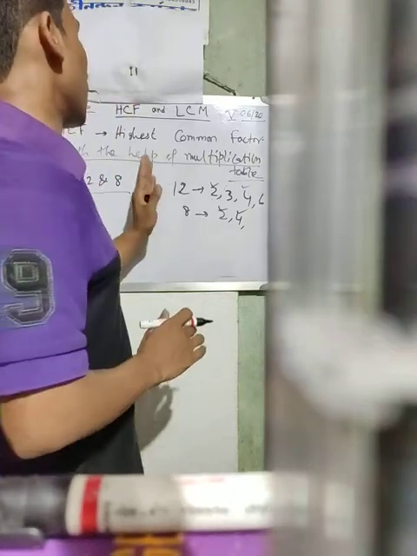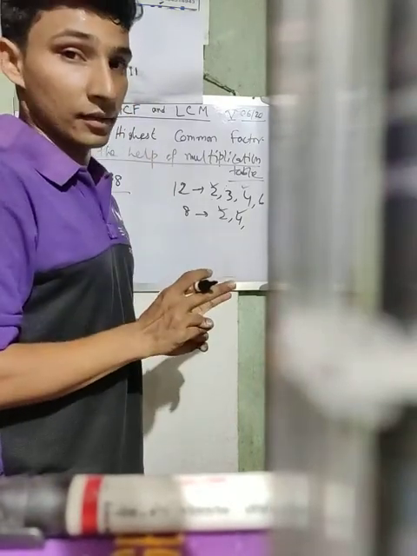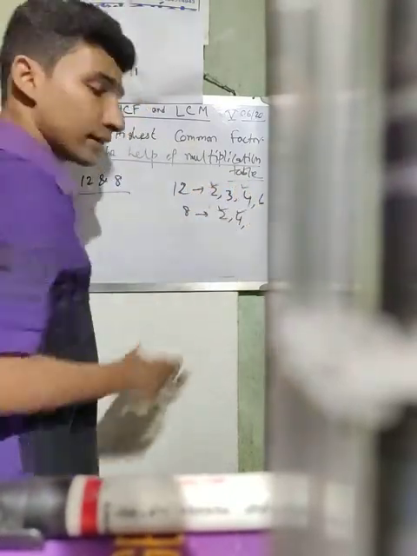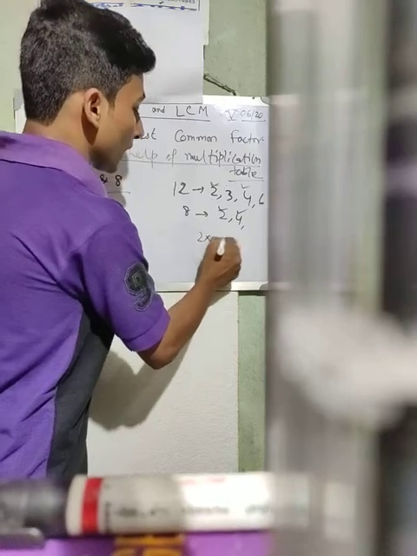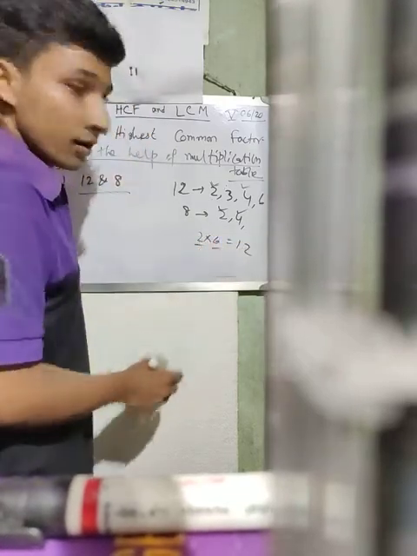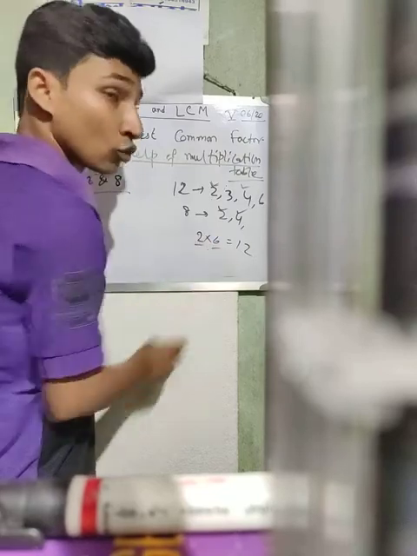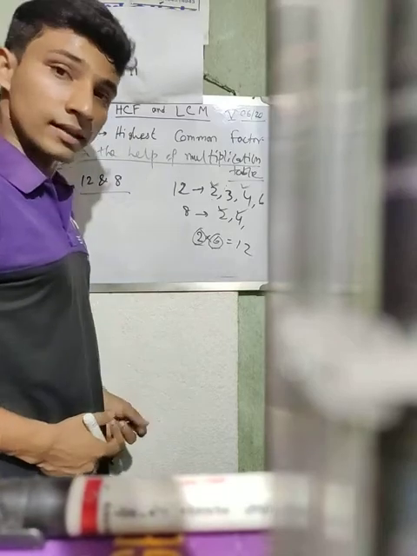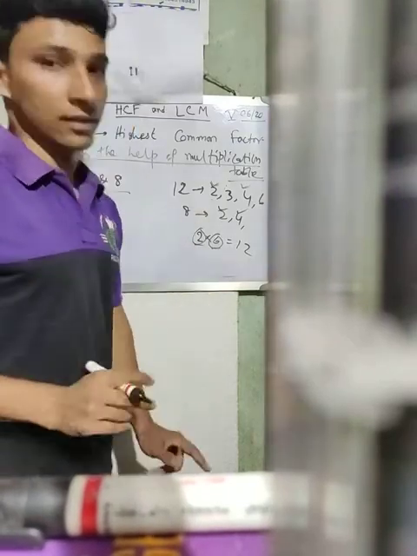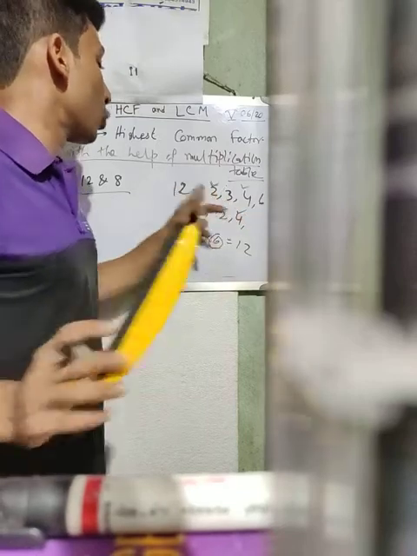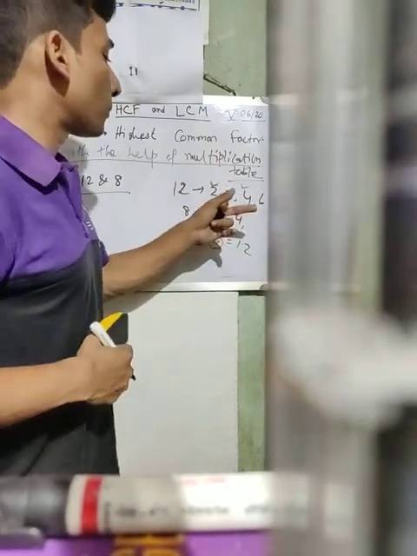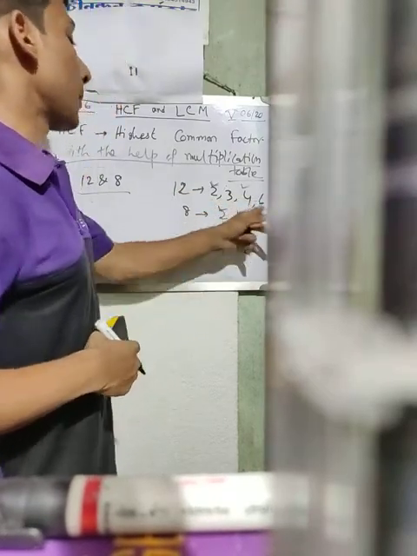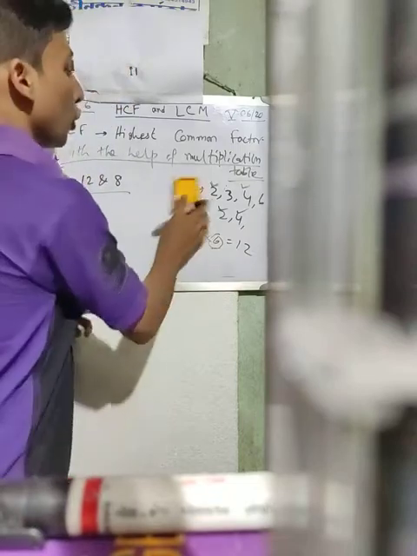So here we have to find that both the numbers belong to the same multiplication table. And these numbers are the factors. When you write 2 into 6 is equal to 12, these are the factors, and this is the multiplication table of 2. So multiplication table numbers are the factors. Understand? Multiplication table of 2 means 2 is a factor of 12. Multiplication table of 3 means 3 is a factor of 12. 6 means 6 is a factor of 12. Understand? So here we can write.